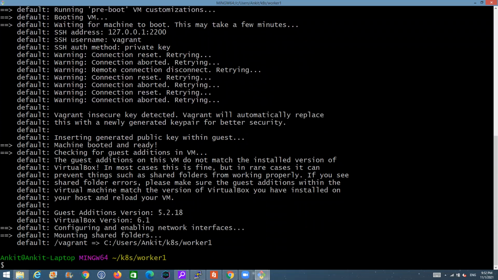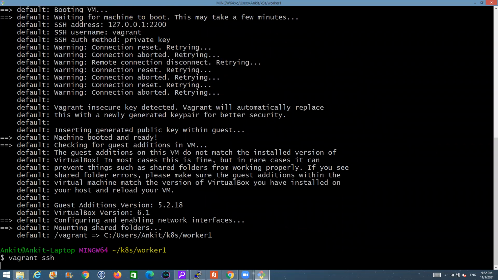All right, so the virtual machine has been created now. I can simply run Vagrant SSH, and that's it. It will take me inside the virtual machine. All right, so I have run the Vagrant SSH now. And you will see that I'm inside the virtual machine now.